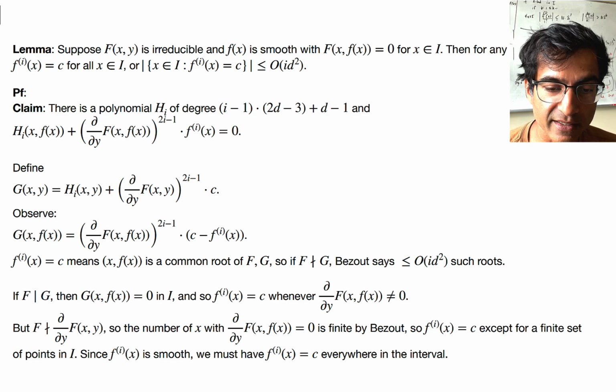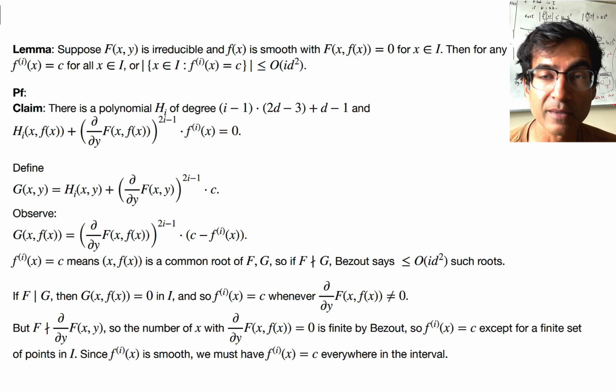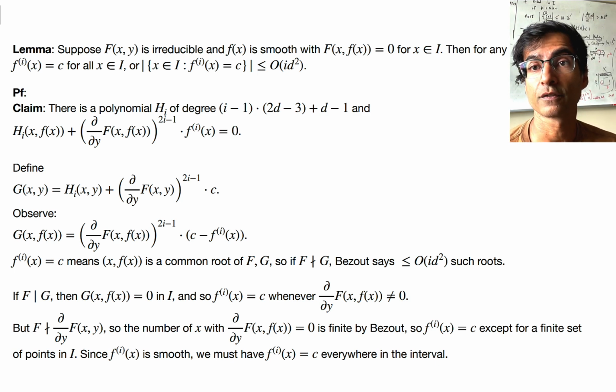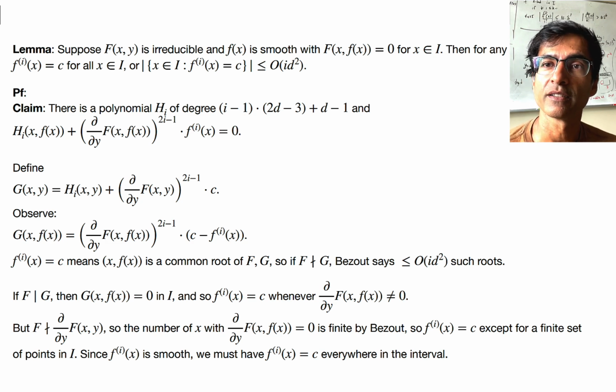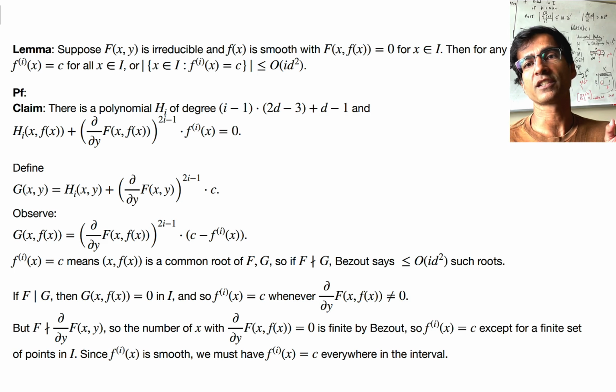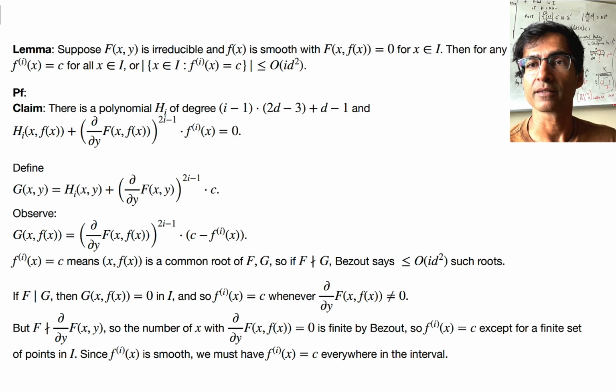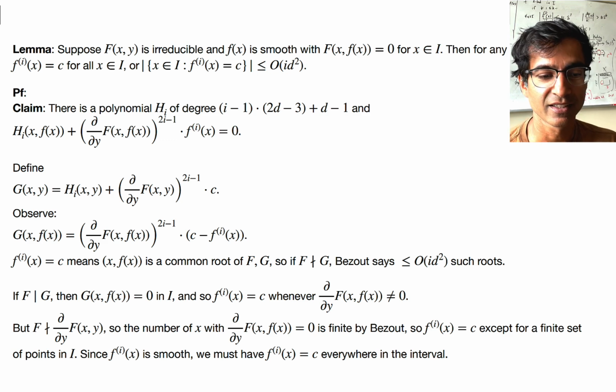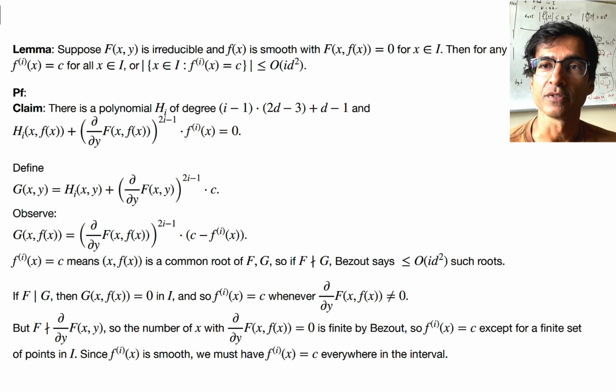That means that f_i(x) must be equal to c everywhere except for some finite number of points. But the i-th derivative of f is a smooth function. So if you have a smooth function and it's equal to c everywhere except for a finite number of points, then it just must be equal to c everywhere. And that proves the lemma. So the only thing that's left to do is to prove the claim,